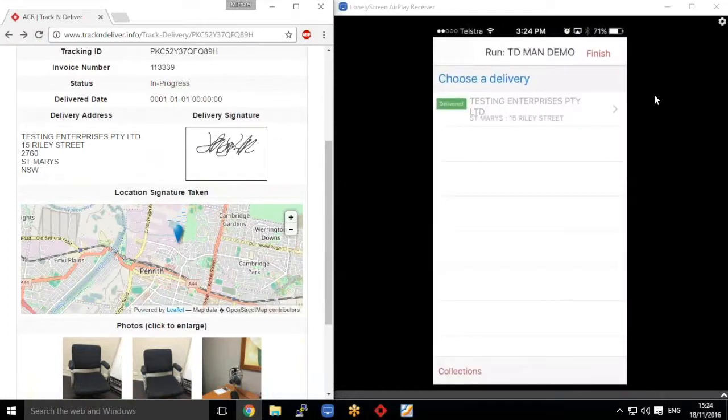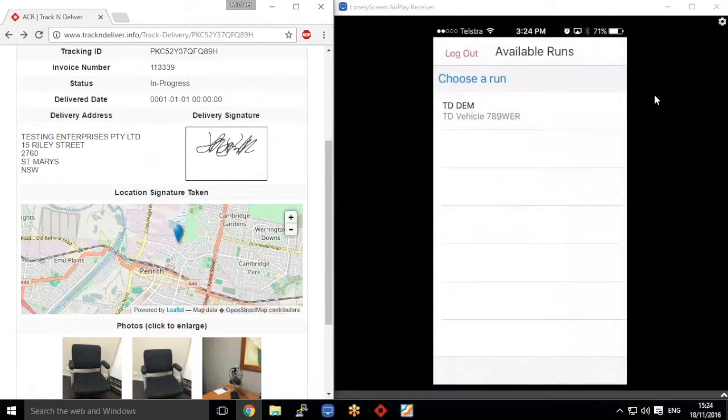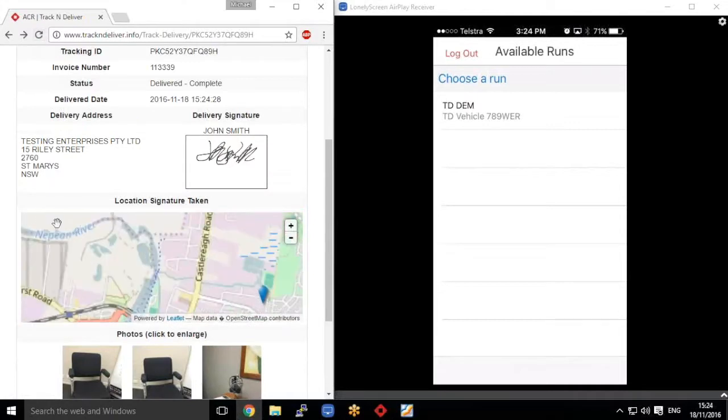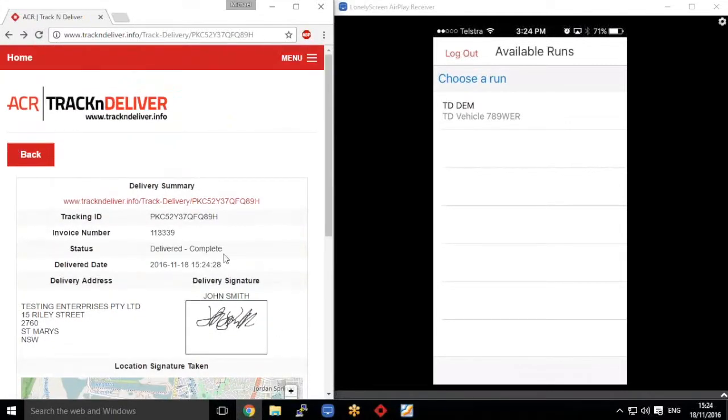Now I can see that all of my deliveries have been completed. I click finish. It'll ask me, do I want to complete my run? I say, okay. My run is now complete. If I refresh this in ACR, in the system, I can see here that my run is complete. This is when it was delivered at 3:24 on the 18th of the 11th by John Smith,